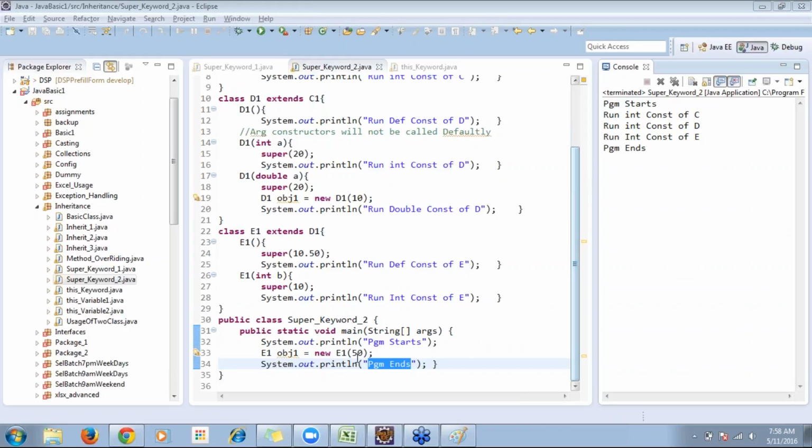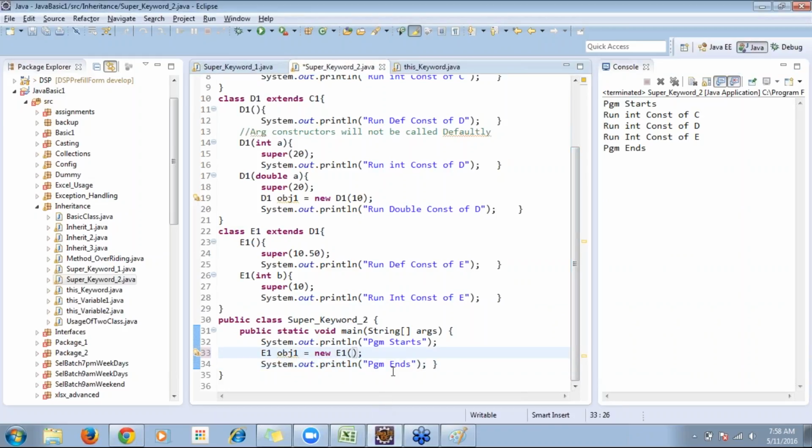So, next I'll do a small change. So now what will be executed? Okay, so now